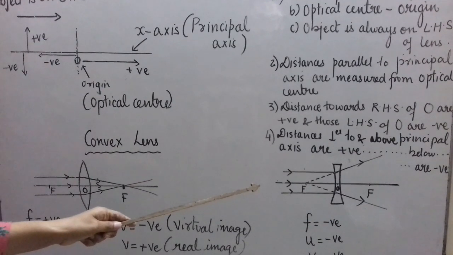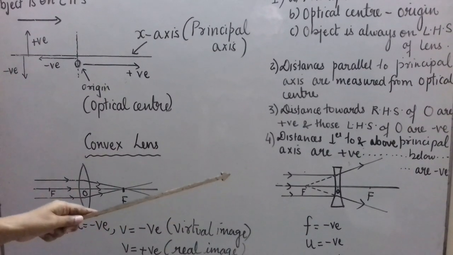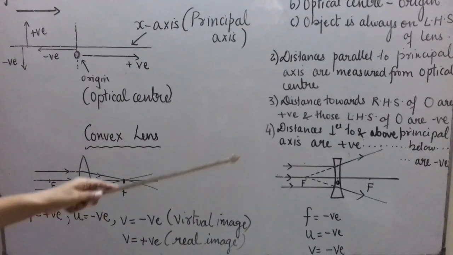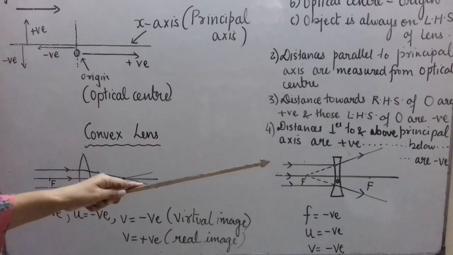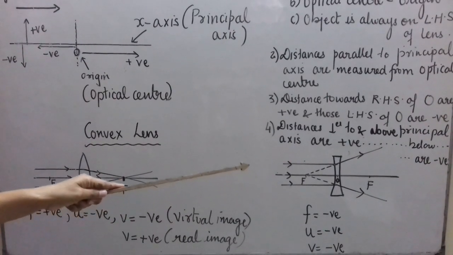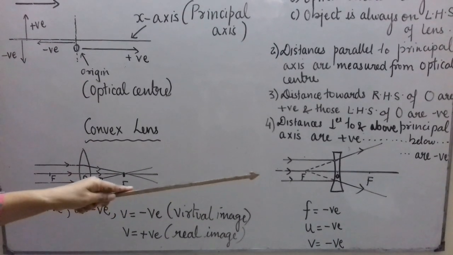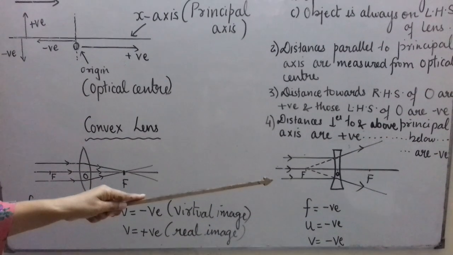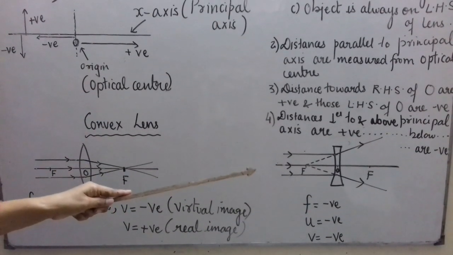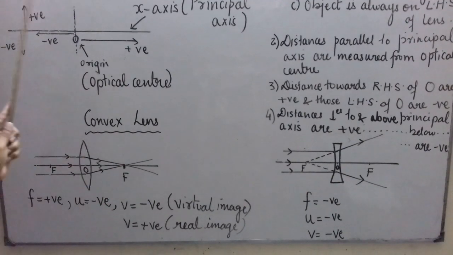Now let us have a look at the concave lens. In a concave lens, if we take parallel rays coming from an object at infinity, then they appear to diverge from a point on the principal axis which we call the focus. Again, there are two foci because in mirrors only one side is reflecting, but in lenses both sides are refracting. But for assigning the sign to focal length, we'll use a sign convention.